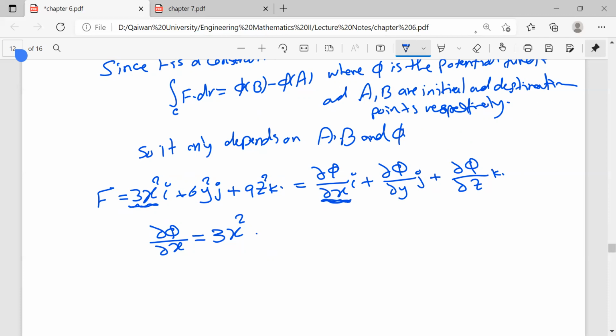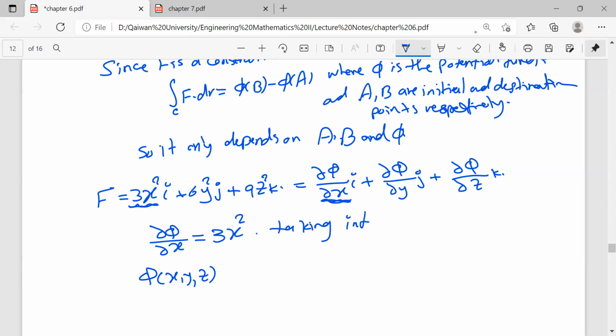We must take the integration for both sides with respect to x. Here we have phi sub x. How to get phi? By taking its integration with respect to x. It becomes phi. And in phi you have x, y, and z. So you say phi of x, y, and z, taking